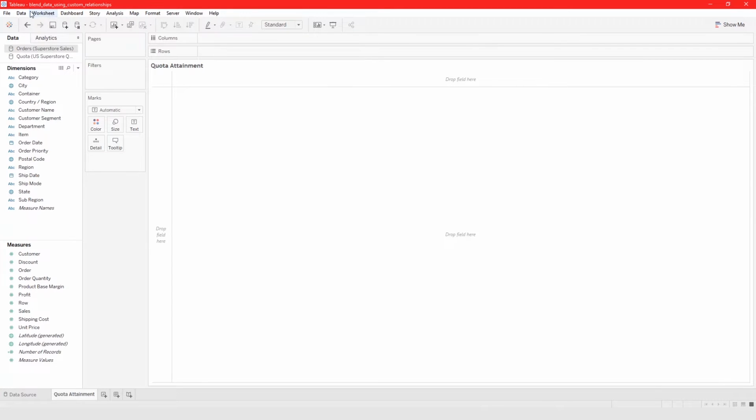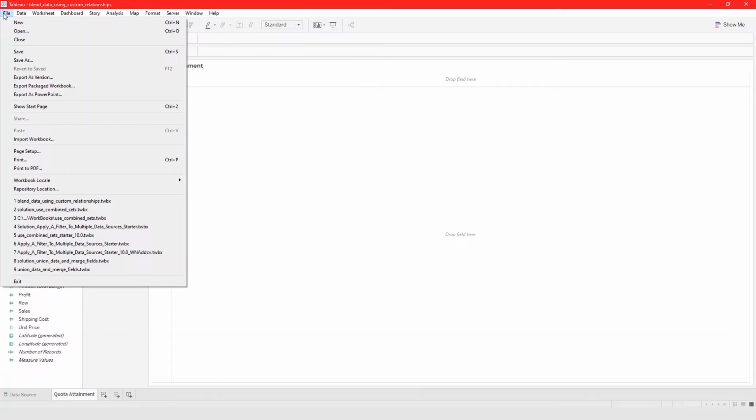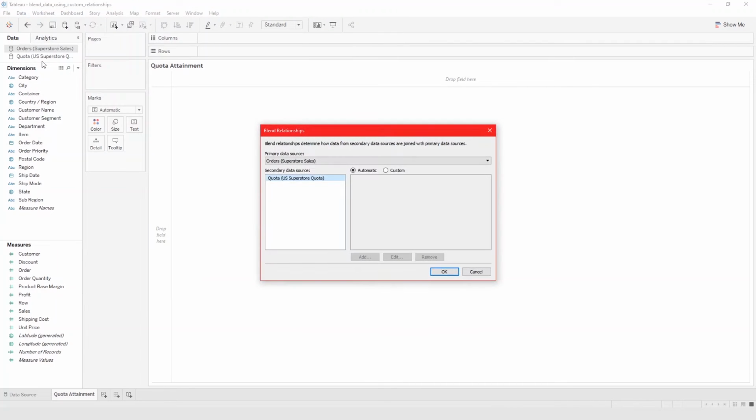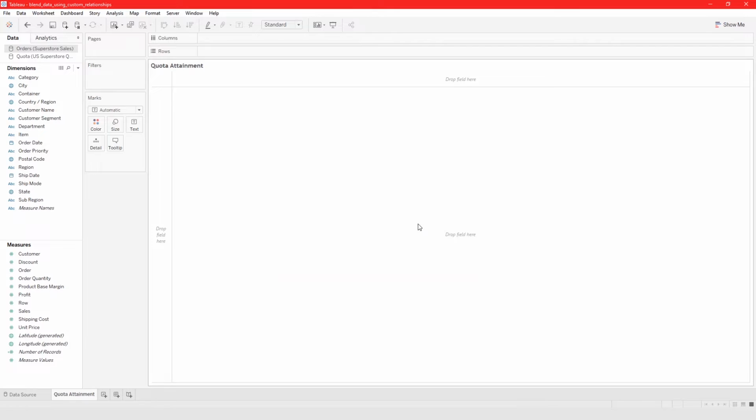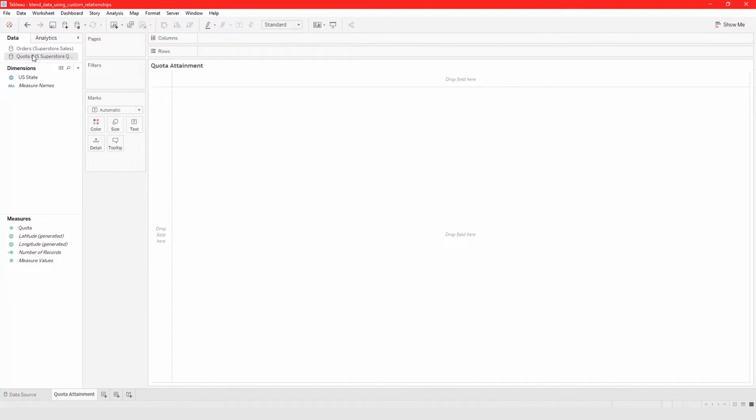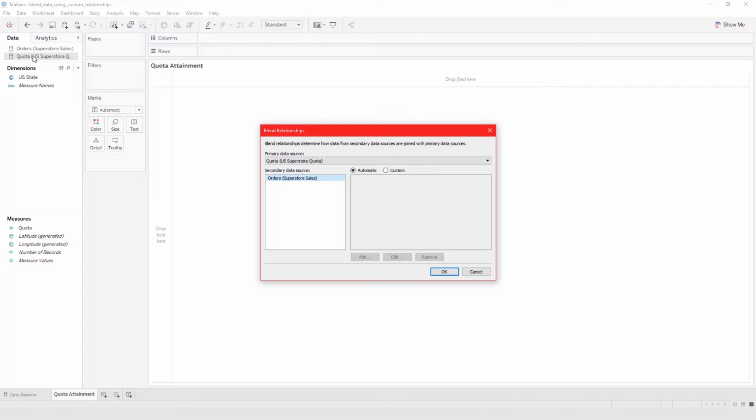And if we go to data, edit blend relationship, as you can see when you go to automatic, there's no automatic relationship between these two data sources. So one way to create a relationship between these two data sources so you can use it in your view is to rename one of the columns. Another way to do it is to do it from data, edit blend sources, then you click on custom,